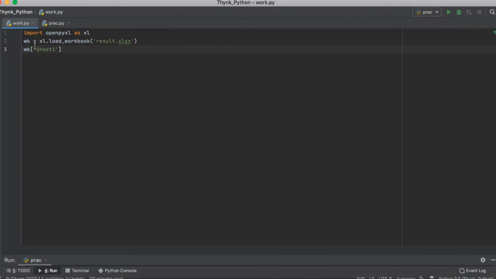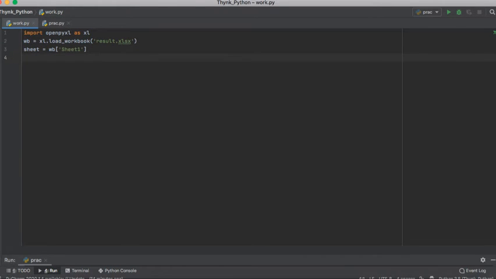And notice that the name of the sheet that we type here is case sensitive, so you need to keep this S in caps here. Now this will return me an object called sheet, which I store in a variable called sheet.